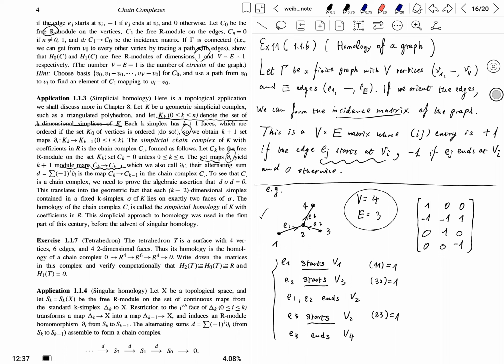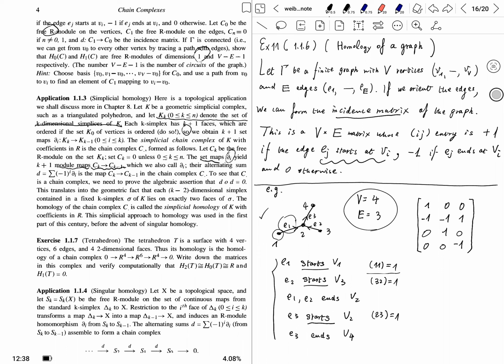So you just follow how this exercise tells you to write down this incidence matrix. It requires you to put in the ij position either 1, -1 or 0. When do you put 1? You put 1 when ej starts at vi. For example, in our example, this edge E1 starts at V1, and so this 1,1 entry is